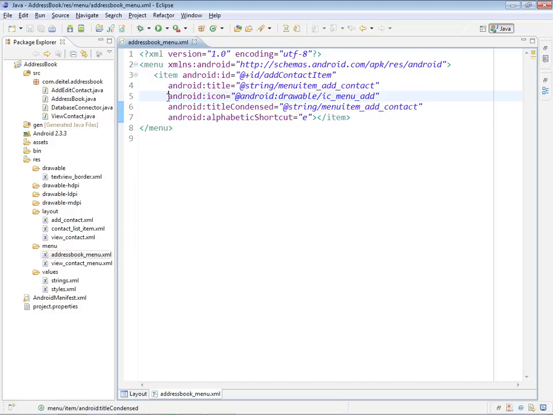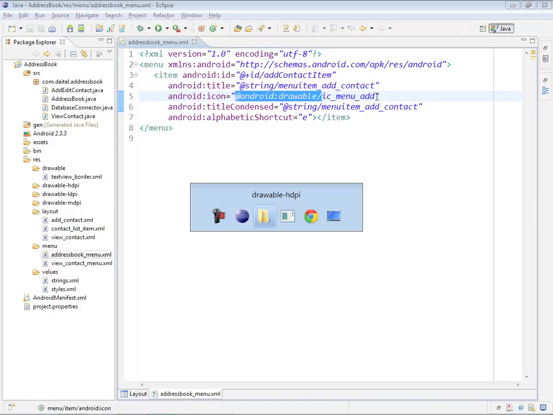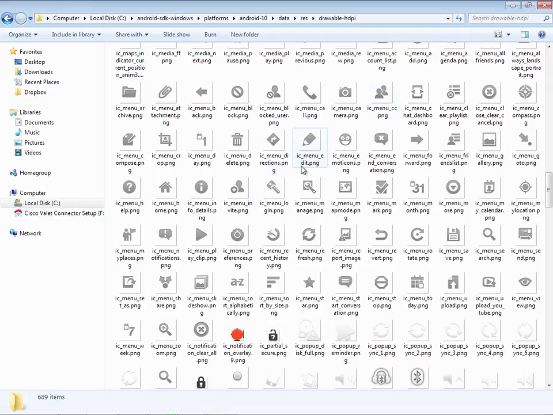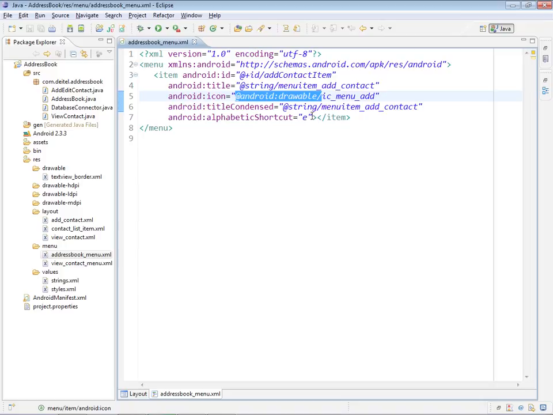We also have specified an Android icon in this case. The icon attribute is being specified with standard Android drawable syntax. So when you say Android : drawable, that indicates that we're using a standard Android icon. And then we specify the name of the icon without its file name extension. So if I go back over to the folder here, you can see that these icons are all PNG files. But when I specify it as a resource, I just give it the name without the extension. And what this will do is, for whatever Android platform I am targeting, it will go into the appropriate platform folder and load up the icon